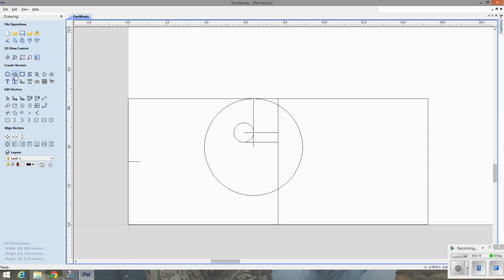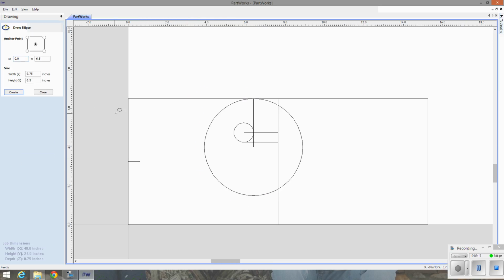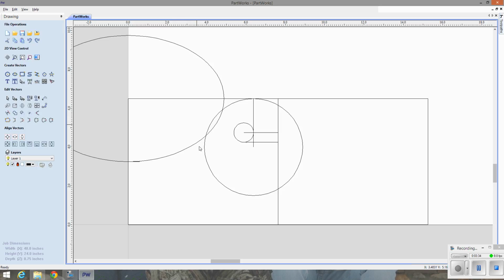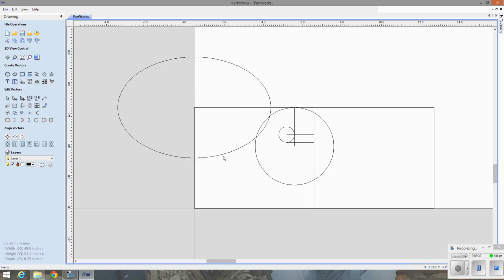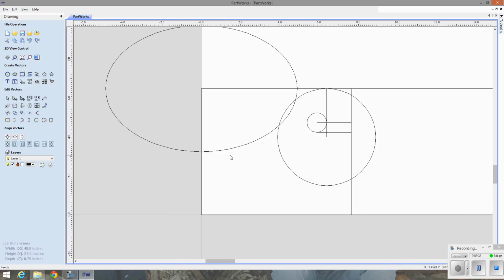We're going to come over here and pick this ellipse command, and we're going to draw an ellipse with a width of 9.75 and a height of 6.5. Once you have those entered in, you can just click on this corner of this rectangle. It looks kind of crazy, but you'll see what's going to happen. On your keyboard, hit the N key,